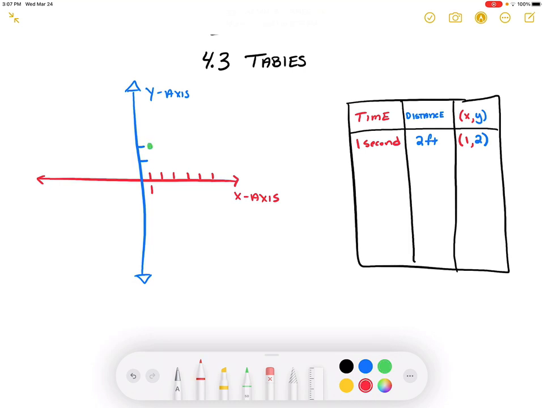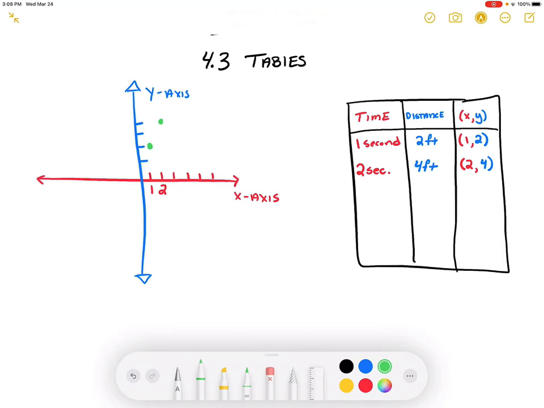All right, let's say in 2 seconds, I'm going to abbreviate it. The train's going the same rate, right? So it's going now 4 feet. If we represent that as an ordered pair, it would be the first value in the table, which is 2, followed by the second value, which is the y, 4. And our point would be 2, 4. So we would go over from the origin 2 spaces, 1, 2, and we would go up 4. 1, 2, 3, 4, and that's where our second point, which is green,